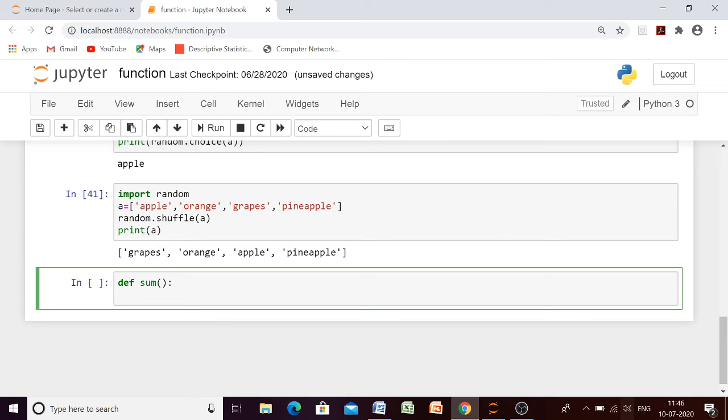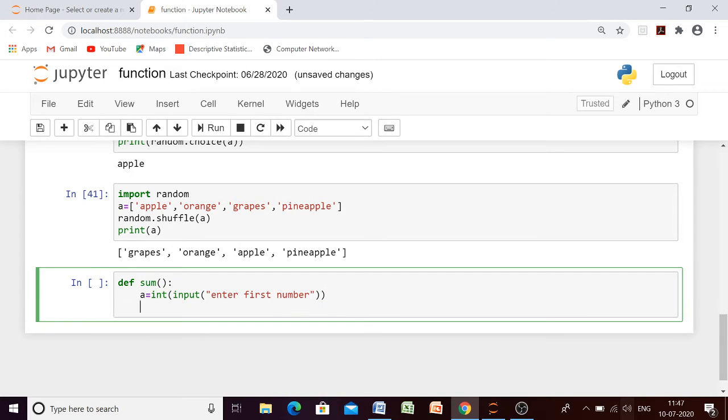Now what we want, since we are going to add 2 numbers, is 2 numbers. So let us have our 2 numbers and let the user enter them. Enter first number, A, and then B. Again let us enter the second number so that we can have the addition, since plus is a binary operator.